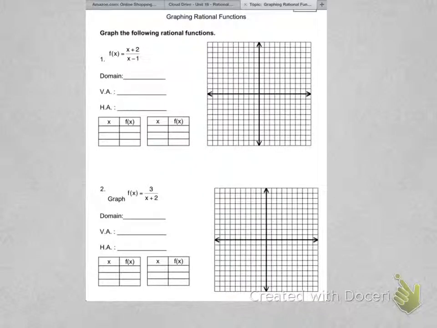Alright, in 7.3 we're going to graph rational functions. We're going to take what we learned in 7.1, 7.2 and try to figure out how to graph these things. So we still have to find the vertical asymptote, horizontal asymptote, and the domains, and then we'll plot some points and graph them. Now this first rational function, if you remember, when you're finding the domain,